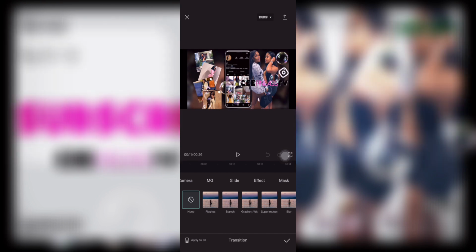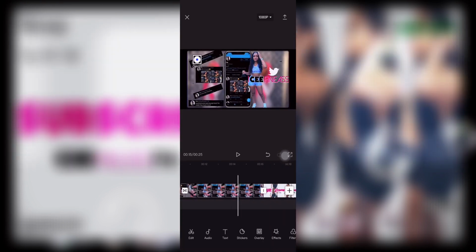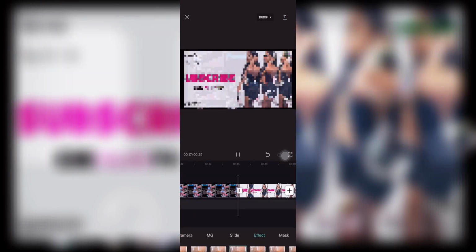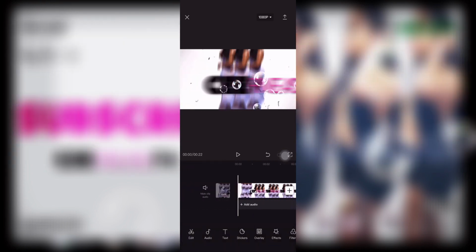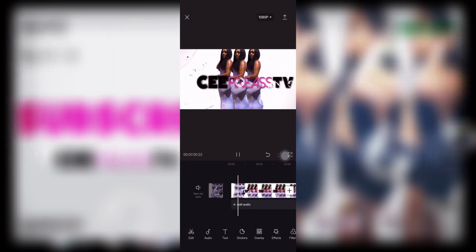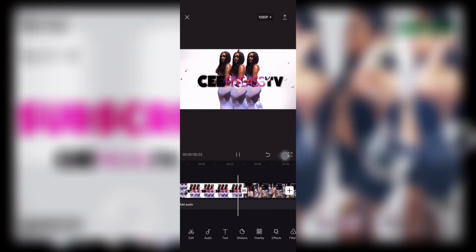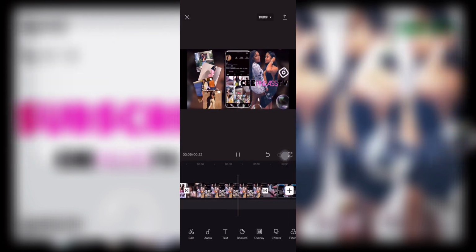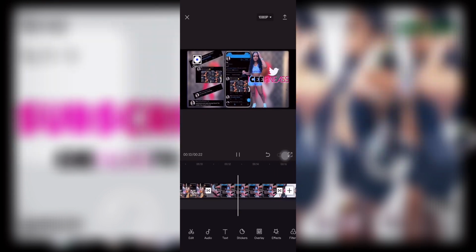I used glitch. I can't remember which effects I used, but they have so many you can choose from. It doesn't matter which ones you pick. You always delete the black video, and then I let the video play out to make sure I liked it, and I did. And once I did this part,